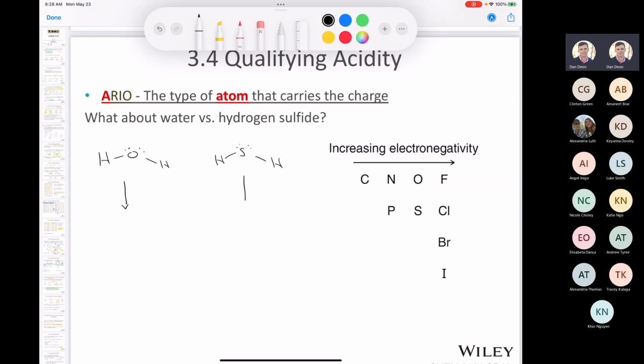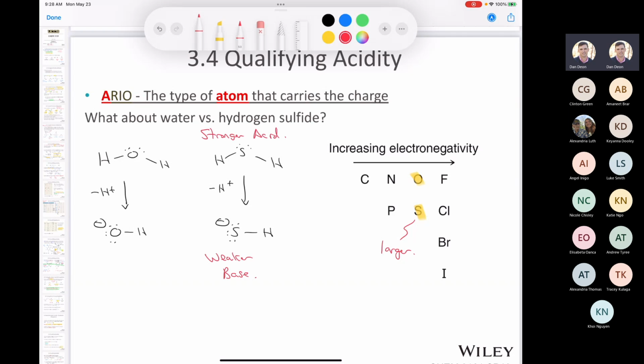Well, let's look at their conjugate bases. If this loses H plus, you end up with OH minus, a hydroxide ion. And if this loses H plus, you end up with SH minus, called the hydrosulfide ion. And since oxygen and sulfur are in the same group, but we know that sulfur is larger, the larger atom is going to more effectively stabilize the negative charge. And since it stabilizes it more effectively, this is going to be the more stable base. Ergo, it's going to be the weaker base. So weaker base, therefore H2S is the stronger